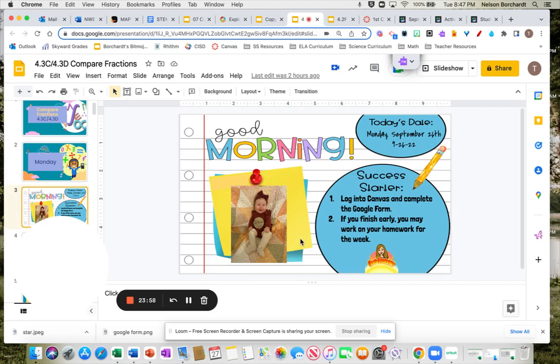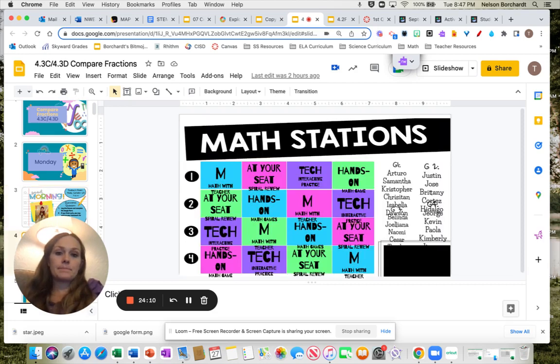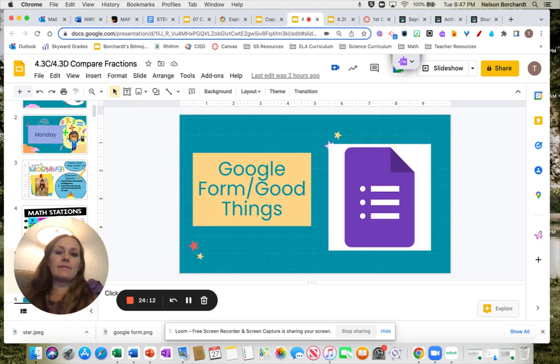So I start off with the good morning slide. They see this when they come in. They see their Addie picture of the day, because how can I not? And then it tells them what their success starter is, their morning work is, and then what to do if they finish early. We have the math station slide that I was showing you earlier,